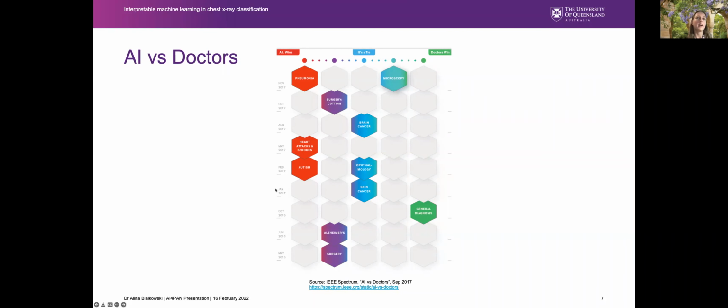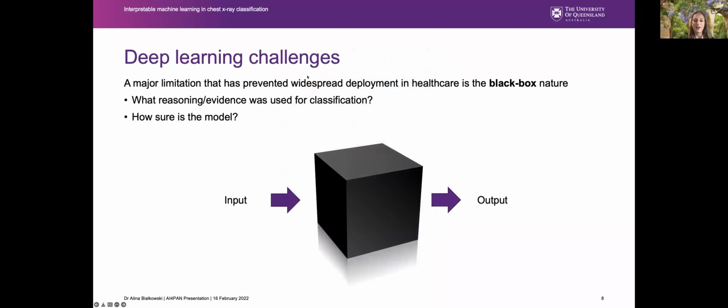And on the y-axis, we can see we have increasing time. So basically more towards the present, we can see more and more examples of where AI-based methods are claiming to beat doctors. So for example, in autism, detecting heart attacks and strokes, and most recently in this graphic, pneumonia detection. So I'm going to go into more details around this particular example. But before I do, I want to just give a bit of an overview behind some of the challenges of